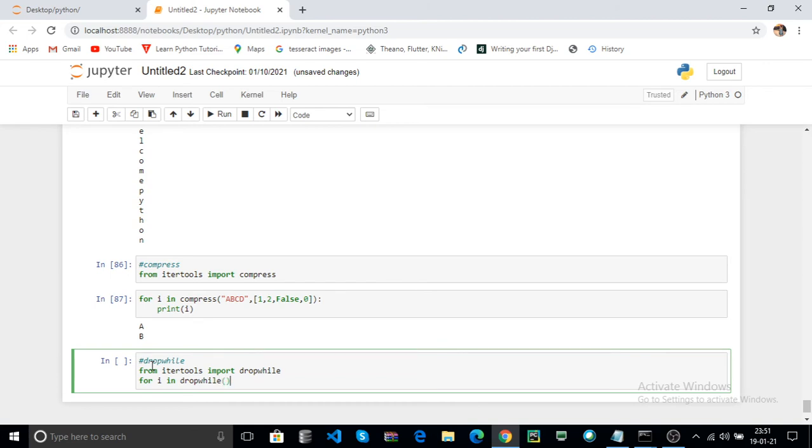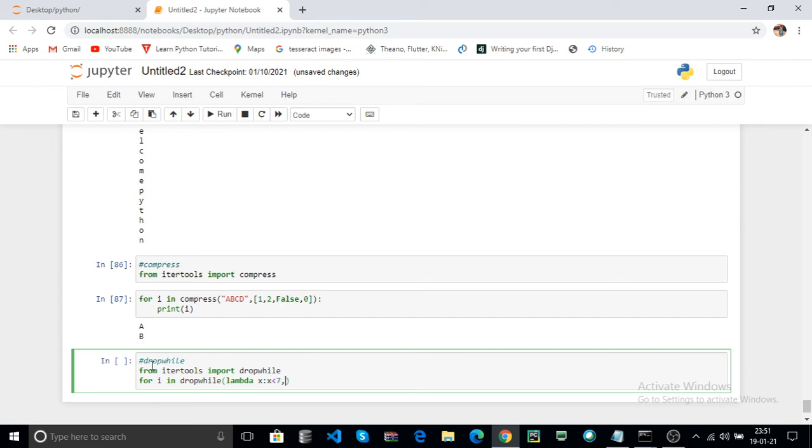The dropwhile starts returning the elements from the iterable once your condition has failed. Here I pass two parameters. The first one is the function; I pass one argument and check the condition.